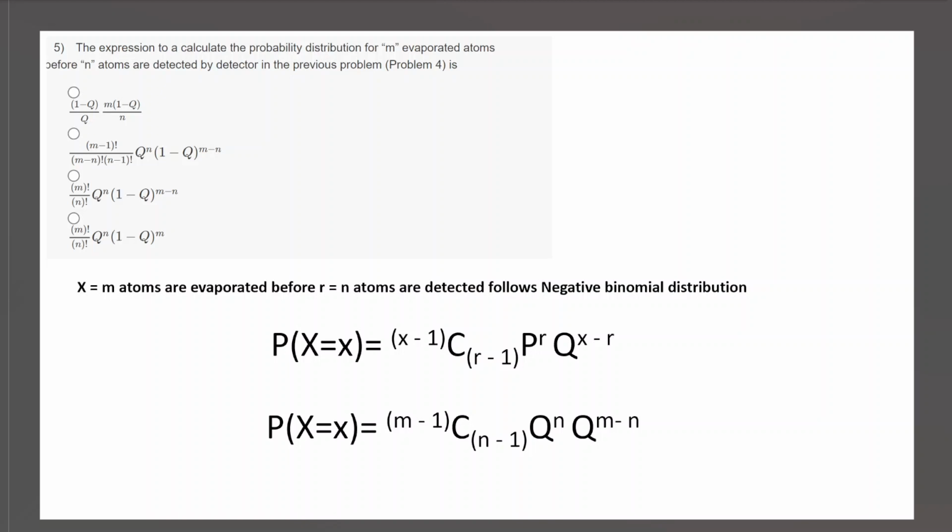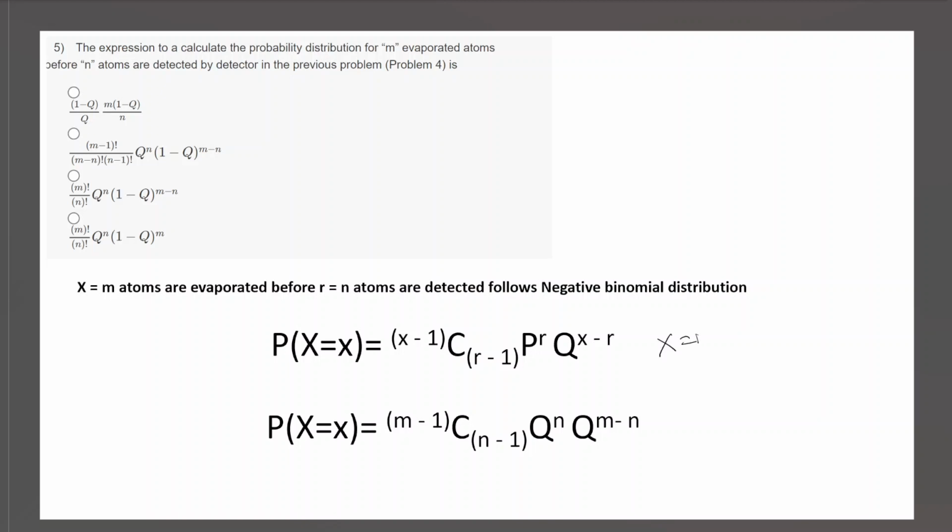I have compared it. One second. So here it is clear, right? How many atoms have to be evaporated to get the n atoms detected. This follows negative binomial distribution. So for negative binomial distribution, the probability mass function is given by P of x is equal to x minus 1 choose r minus 1, p to the power r, q to the power x minus r. So here